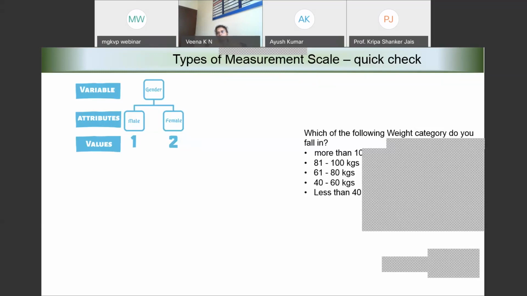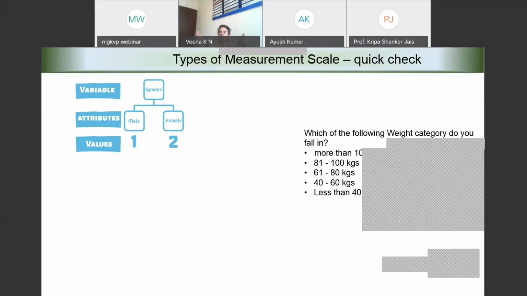Somebody else might say I'm 92 kgs. When I answer these numbers, if I'm saying that I'm 45 kgs, I only tick mark the option 40 to 60. It does not mean that I can be anywhere between 40 and 60. Understood?